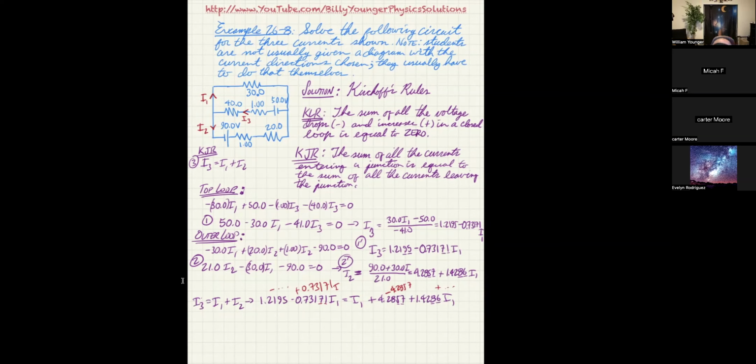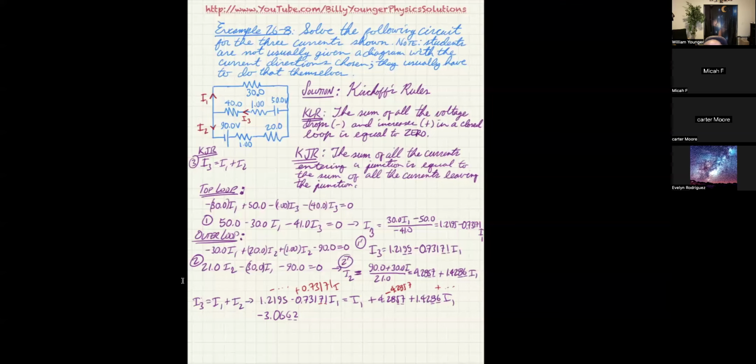Okay, so when I do that, I'm going to get 1.2195 plus, excuse me, minus 4. I had put plus 4.2857. That gives me negative 3.0662. And when I pull all the other i's over to the right-hand side, I got